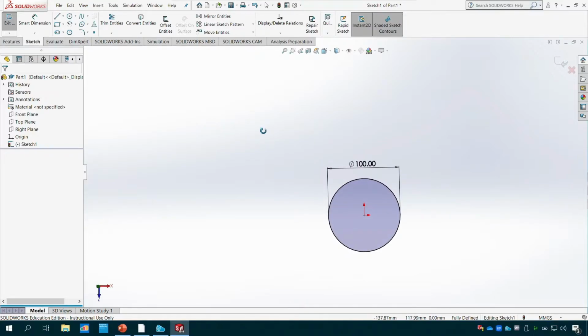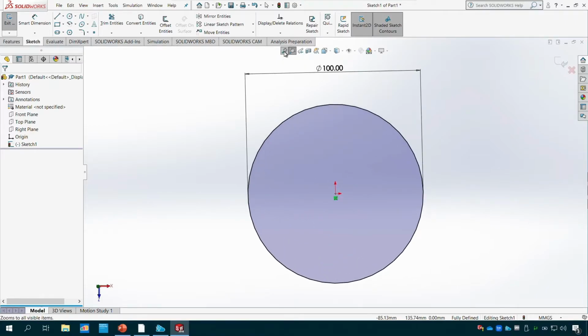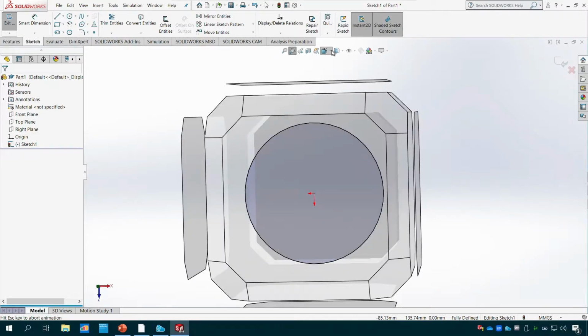If I want to just zoom on a specific part, I can come here, click there, drag the mouse and zoom to the specific area. If I want to bring it to the middle of the screen, I can use the zoom to fit. If I want to see the different angles, I can go to the view orientation,